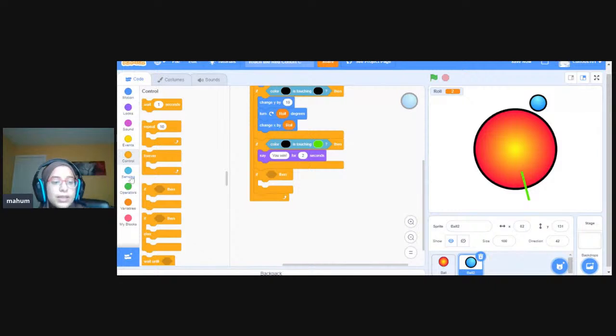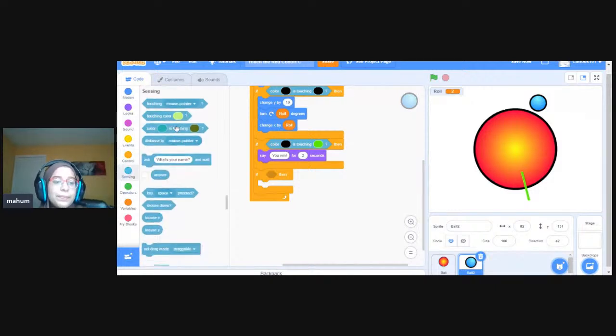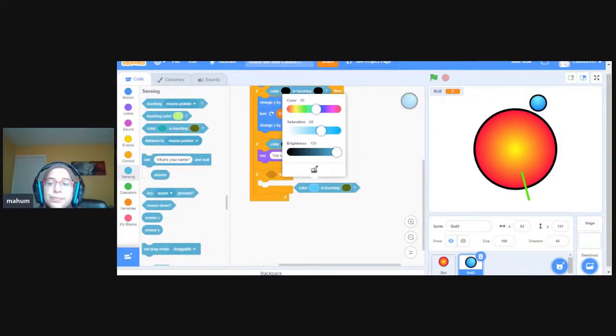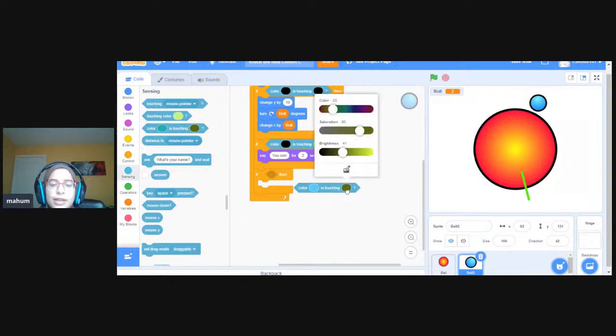So we're going to go to sensing and we're going to grab if color touching something, right? So if the color of my blue ball, which again has varying degrees, right? This is a little bit of the complication with this kind of effect, that you'll have a lighter color and a shady side. So just bring it to the exact center because that's the average. If this color is touching,